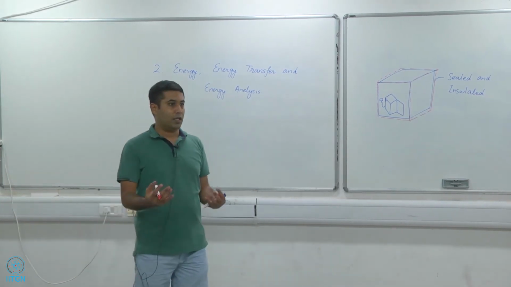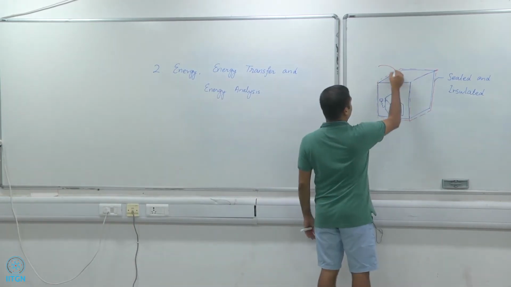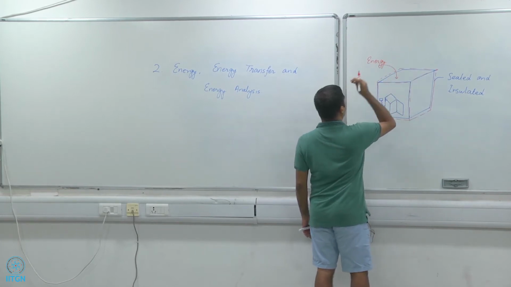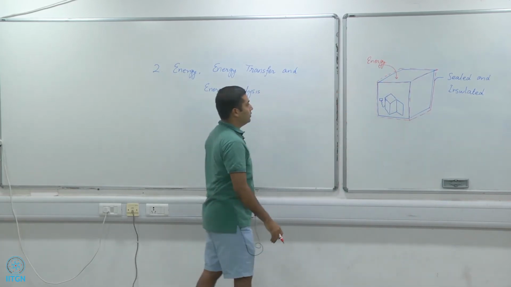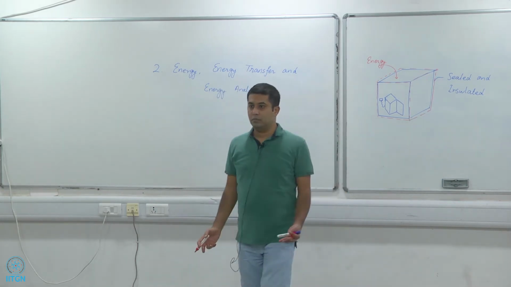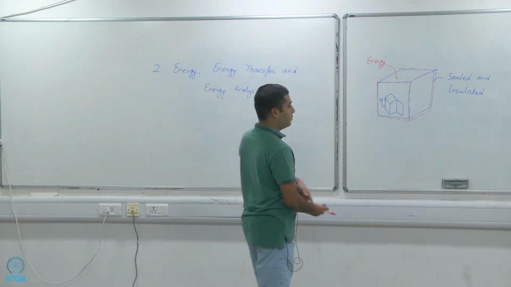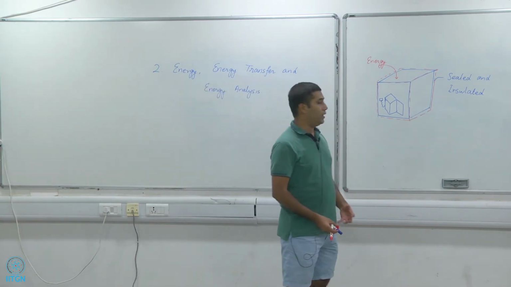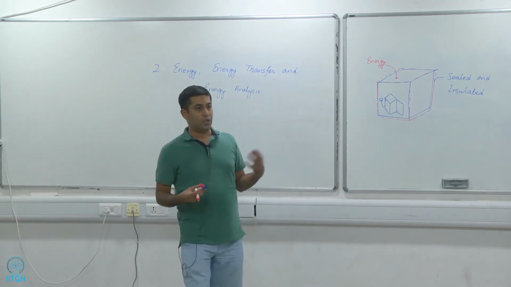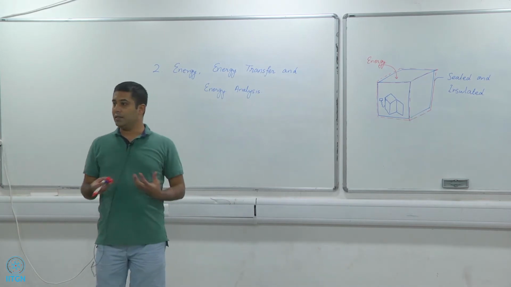So there's energy transfer from outside to the system, right? And is there any energy transfer from the system to the outside? There cannot be any heat transfer because it's insulated, right? And there cannot be any mass transfer or escape of air from inside to outside or vice versa, right? So there cannot be any energy exchange,